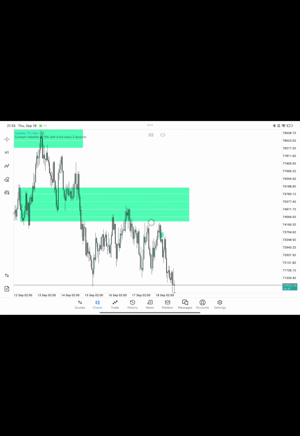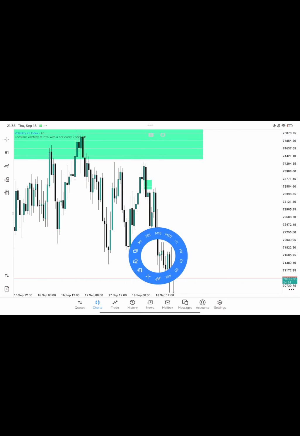This is what ICT usually terms the turtle soup setup. Price goes up a little to sweep the high resting above this high, and this one it did by just a very tiny pip. If you use your line, you could see that price just dipped in by a pip, and then we saw the sudden breakdown.